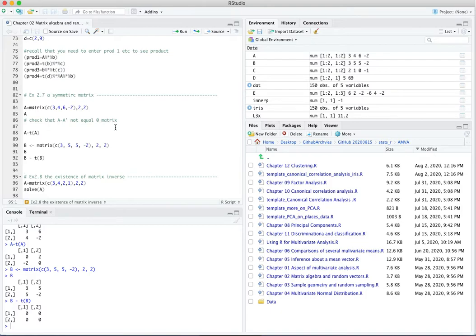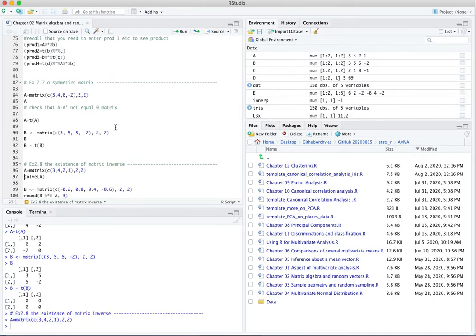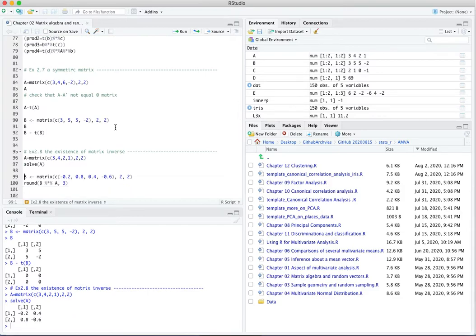As we can see in the following, it can quickly find the inverse of A. So it's a very important concept in matrix